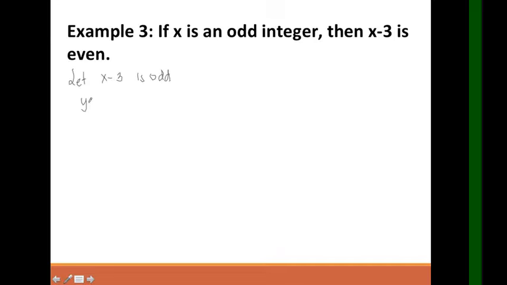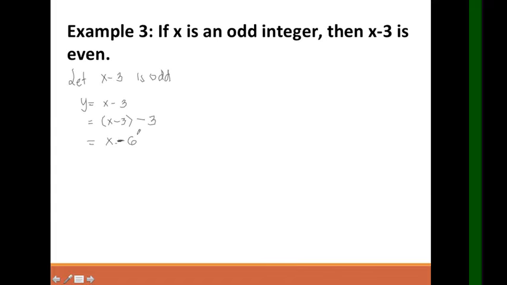Then we have y equals x minus 3. Then x minus 3, kukunin natin siya, ipapasok sa x minus 3. And that is x, that's equal to negative 6, right? Negative 6. For this portion,